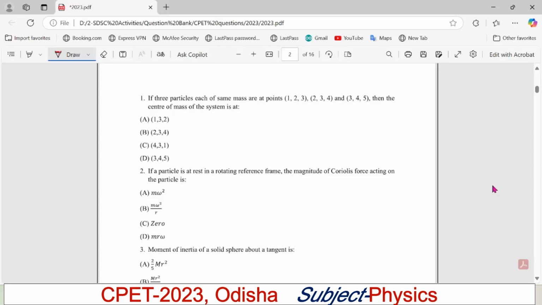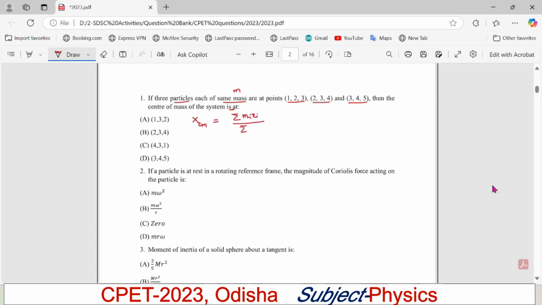Here, this is the first question. It is asked that if three particles each of mass m, suppose m, are at points 1 2 3, 2 3 4 and 3 4 5, then the center of mass of the system is at where? Four options are given. So in general, x coordinate of center of mass is written as summation over mi xi